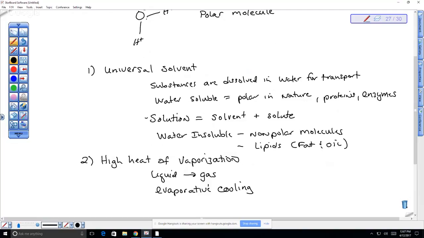Right? So the water is able to absorb that heat energy on the surface of the skin and take with it that energy as it turns from a liquid into a gas. And so this high heat of vaporization has to do with the type of molecular bonds between the water molecules, which are called hydrogen bonds. So this has to do with hydrogen bonding